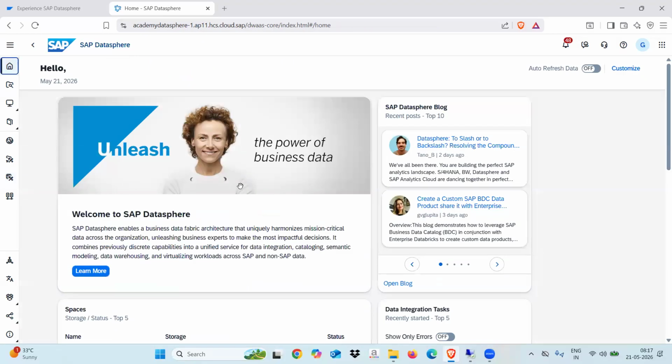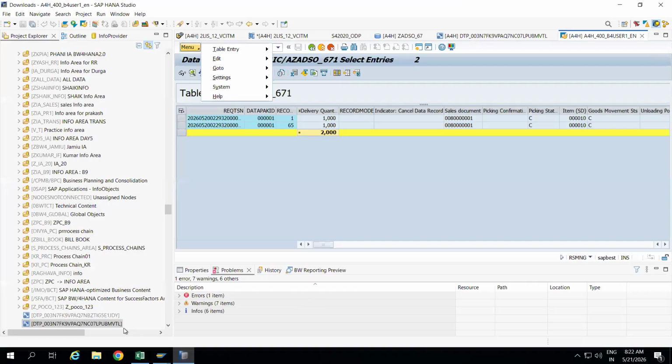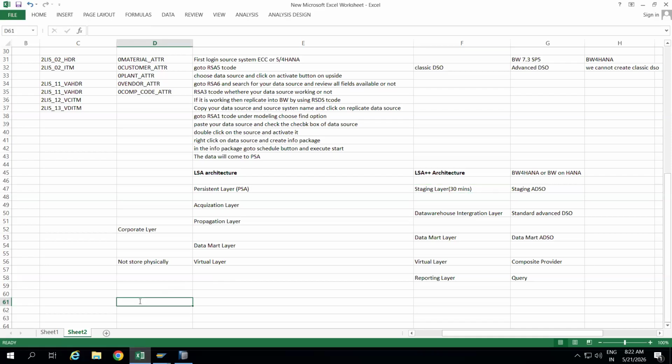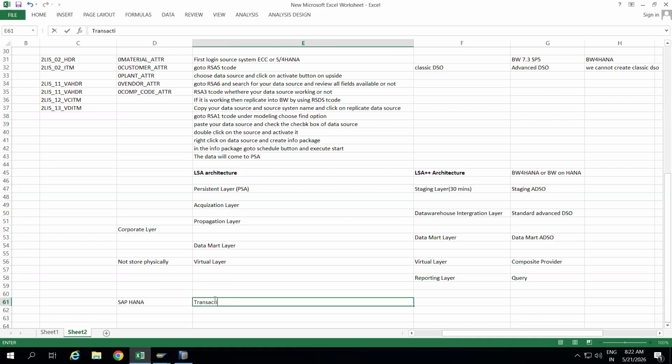We'll see tomorrow transaction data in very detailed level in BW. And also we'll see in SAP HANA as well. Same transaction data, how we'll create a calculation view. Whatever we saw, the same activity we'll do at the SAP HANA level, how we will bring the transactional data. Just now we saw SAP BW on HANA, BW4HANA, right? In the same way we'll do it